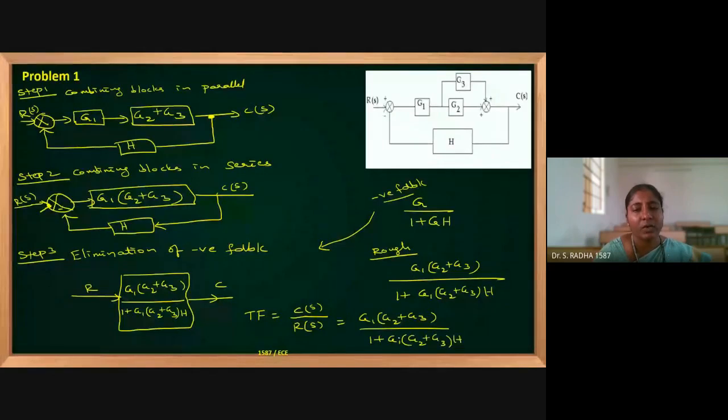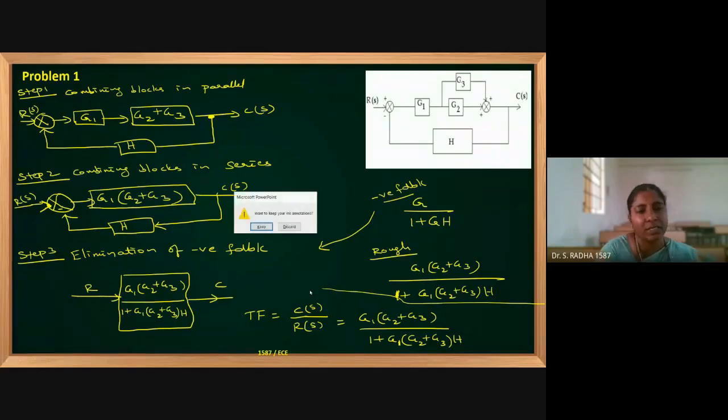Okay, only 3 steps. Just for understanding, I have written everything in detail. Otherwise, in however fast a manner you can do it, you just do it and get the final answer. If they ask for the transfer function or if they ask what is the single block which can be reduced, okay. So like that, you can just reduce using the 10 rules. We have to